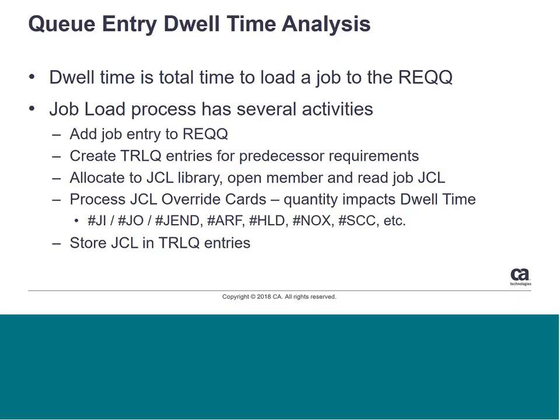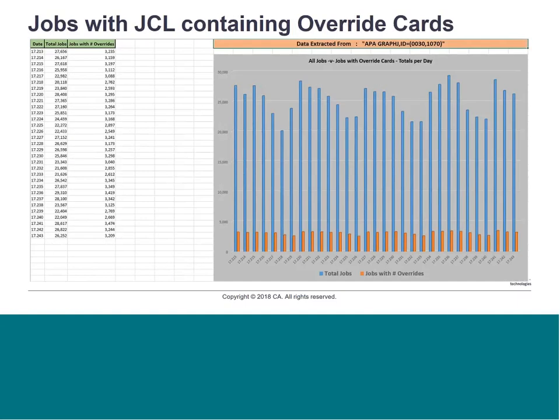Things like #JI, #JO with #JN combinations, or #ARF, #HELD, #NONEXEC, #STC, and so on and so forth. And then it has to store that JCL in the trailer queue entry that was created early on in the process. So as you can see, when we talk about job load, we're talking about quite a number of different things that are going on, and we can start to look at some of those areas in a bit more